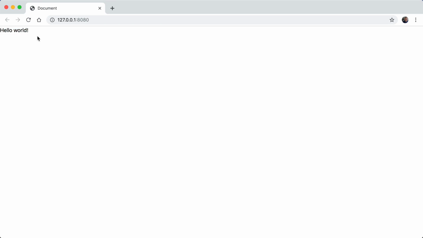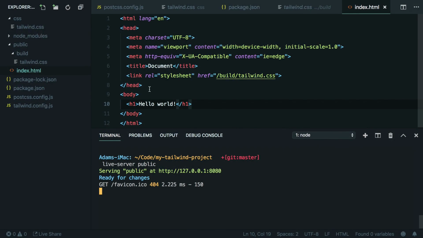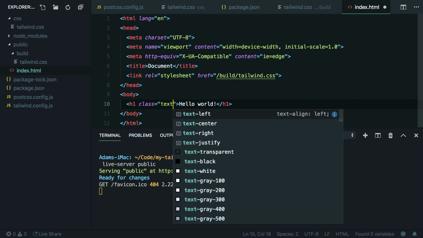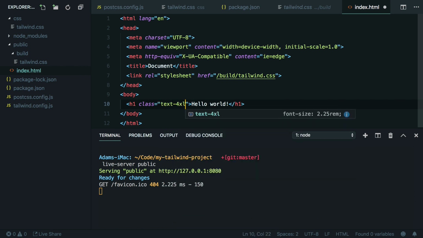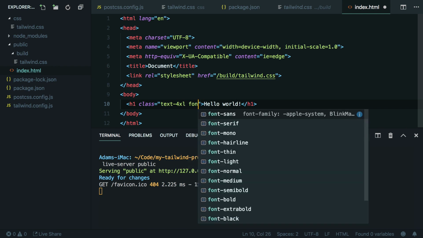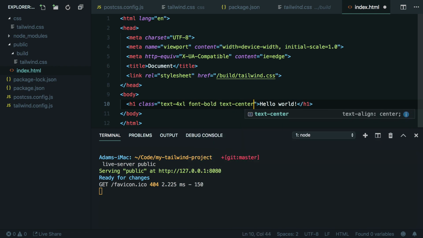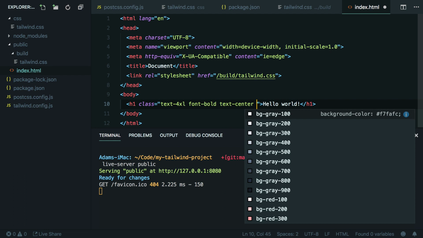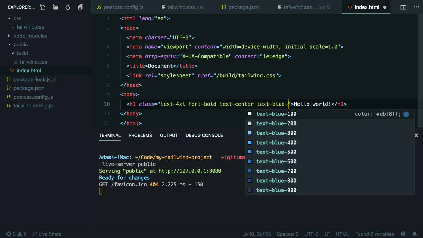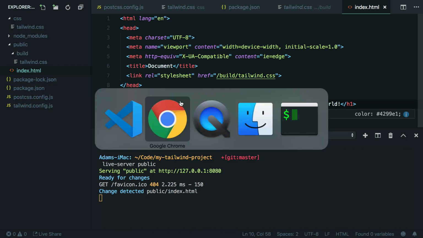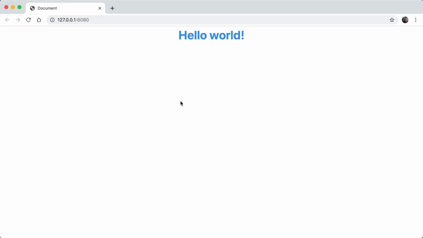So let's head back to our HTML and add some styles to this element using Tailwind's utility classes. Let's head over to this h1. Maybe we can add a class attribute. Maybe we can make the text bigger using something like text-4xl to make the text 4 extra large. Maybe we can make the font bold with font-bold. Maybe we can center the text with the text-center utility, and maybe color the text using a utility like text-blue-500. Now if we head back to the browser, you can see we have this big blue hello